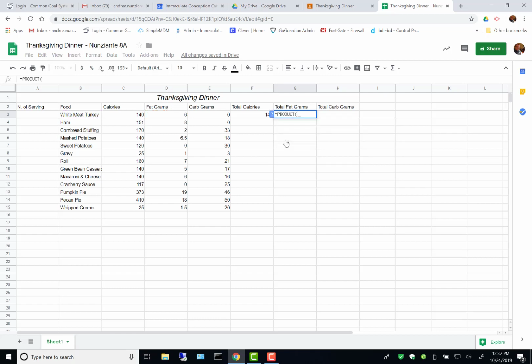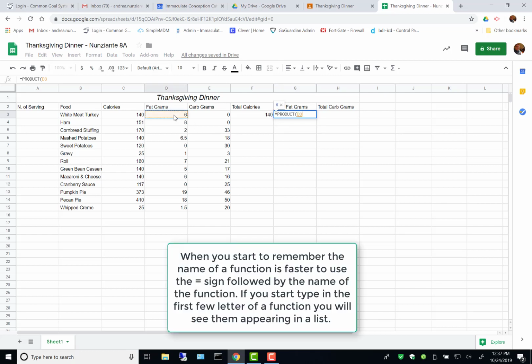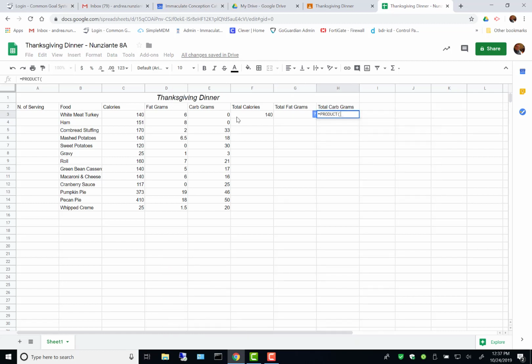And now we are ready to calculate the fat grams. The fat grams are a calculation of the fat grams, comma, and the number of serving. Enter. And for the carb grams, it is equal to the product of the carb grams, comma, and the number of serving. Enter. Now that we have the top three calculations completed, we are ready to copy this formula